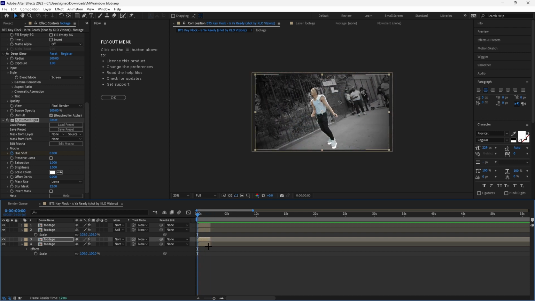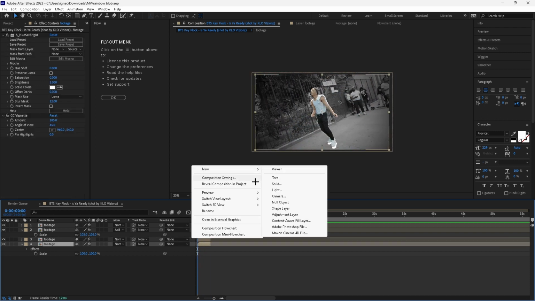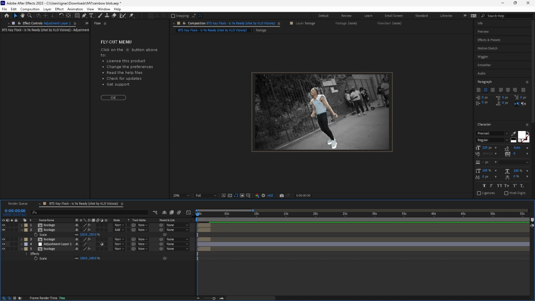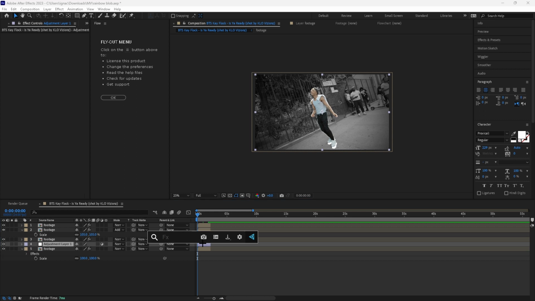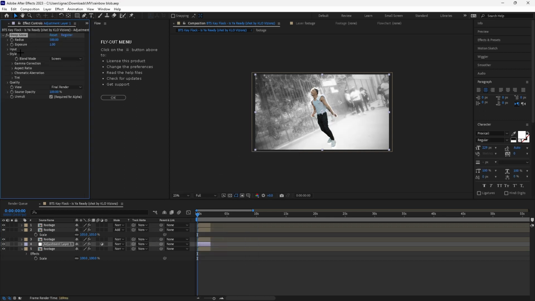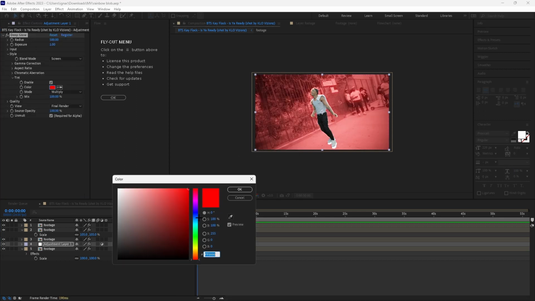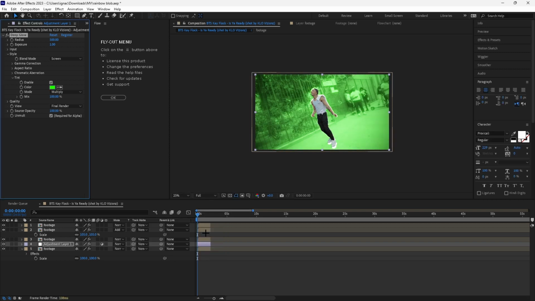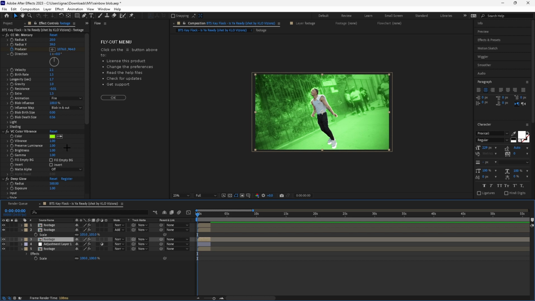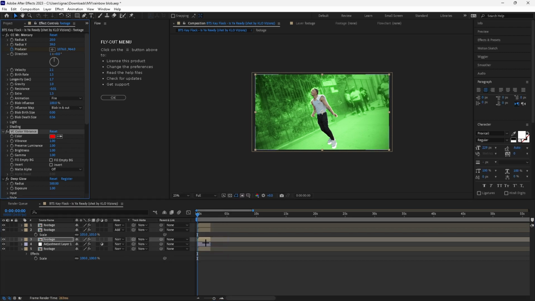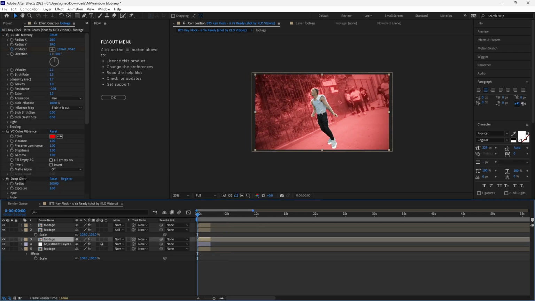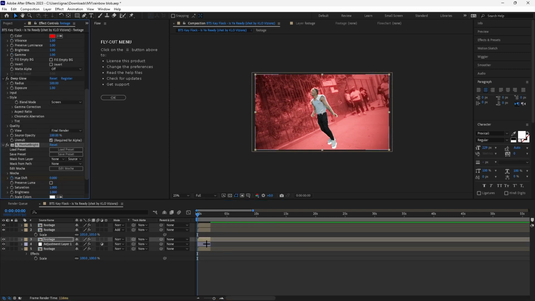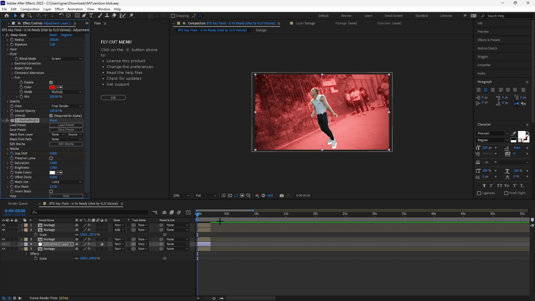And the last thing you can do is a finishing touch. You can make an adjustment layer, cut it to the length of the clip, then put a glow on it. Make it the same color as the one at the start, a light green, similar to this green right here as the color vibrance. You just make it red to simplify things, and copy paste this saturation effect, put it here.